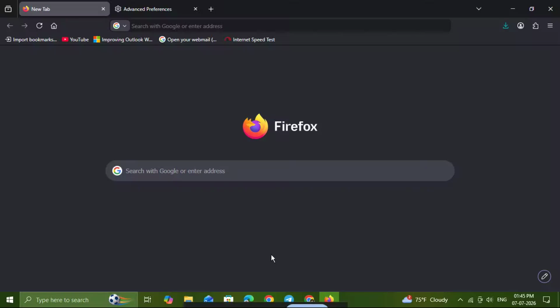In this video, I'm going to show you how to enable JavaScript in Mozilla Firefox step by step so you can get websites, forms, videos, and interactive features working properly again. This is a quick setting change, and it's useful whether JavaScript was turned off by accident, by an extension, or